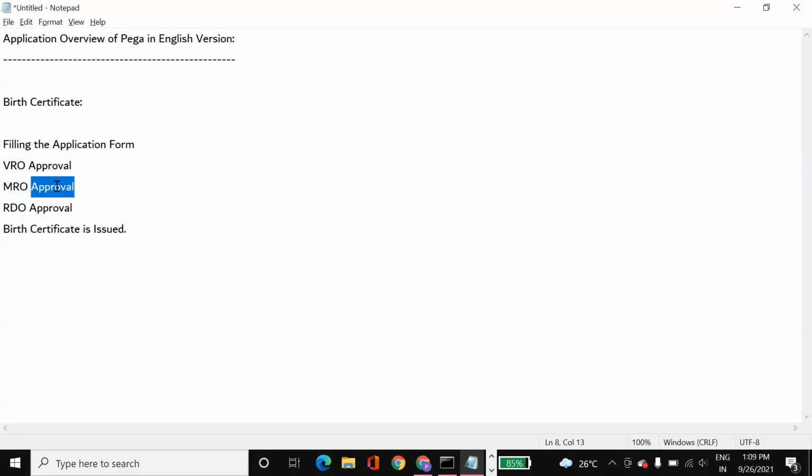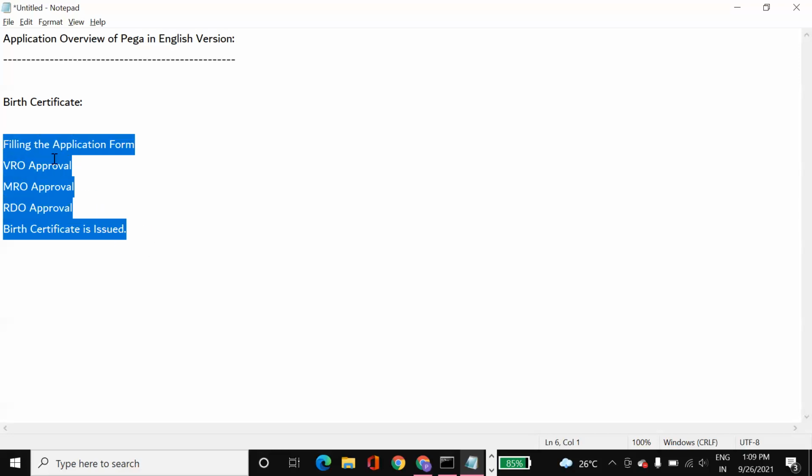And there are no SLAs. If you submit the form, there is no SLA, like this particular officer has to do the things within 2 weeks or 3 weeks or like that. So there is no escalations. So there is nothing that can happen actually. So this is very complex if you go with a manual paper-based application form.